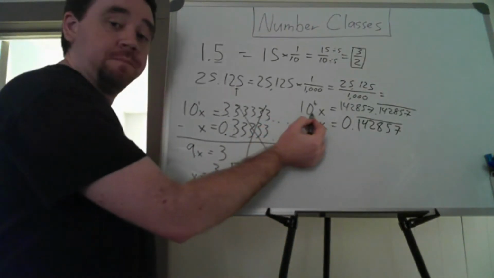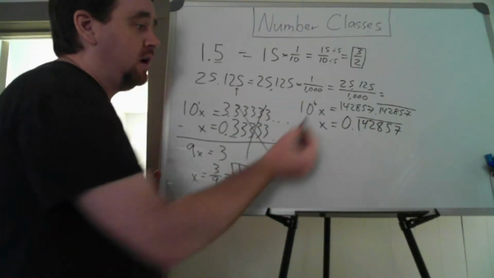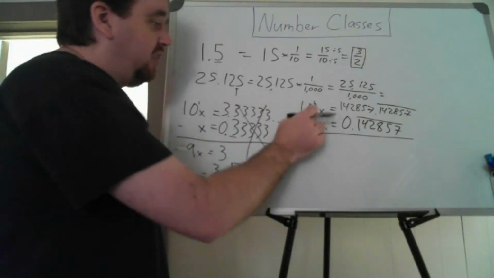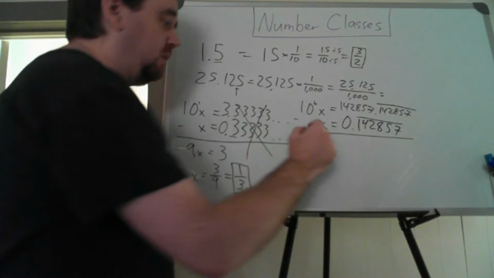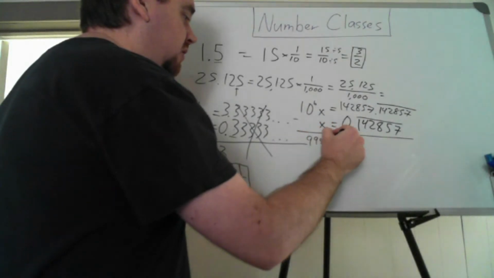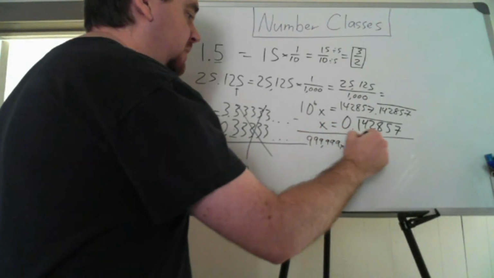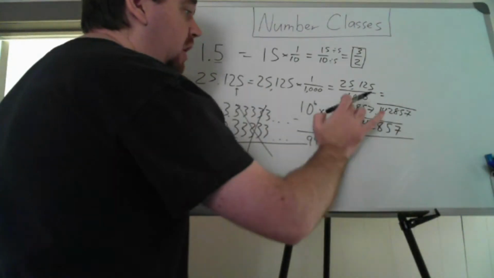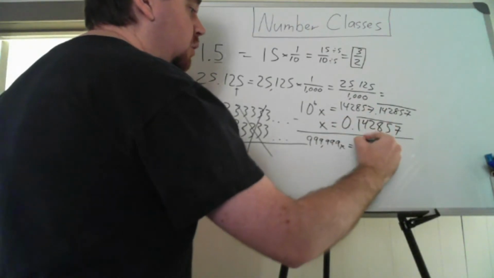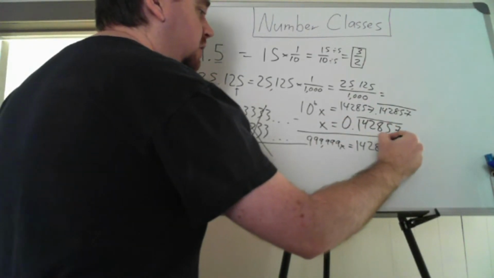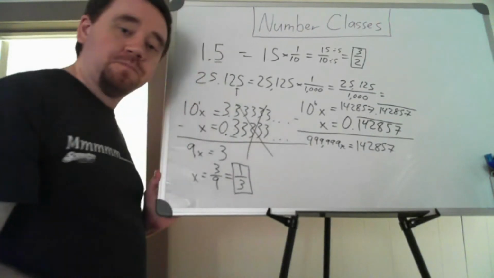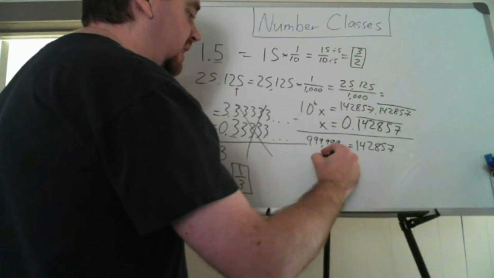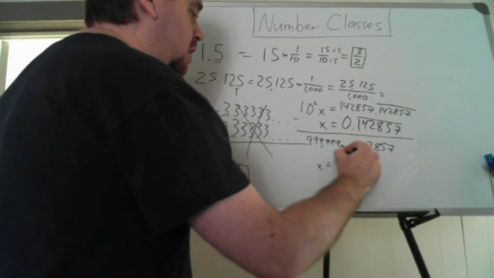This is a million, by the way. So it's a million x, and then I can do the exact same thing as I did before, and I can subtract them. So I've got a million x's, and I take away 1 x. So I'm left with 999,999 x's equals, and again, lining up my decimals, all the decimals cancel, and all I'm left with is this part here, which is 142,857. And then I solve for x by dividing both sides by 999,999, and I get x equals